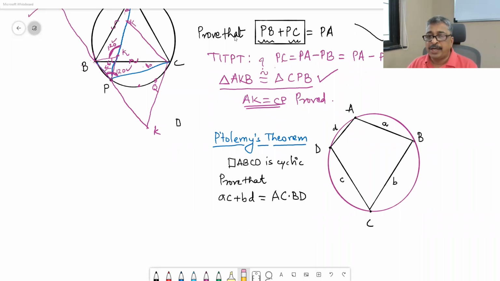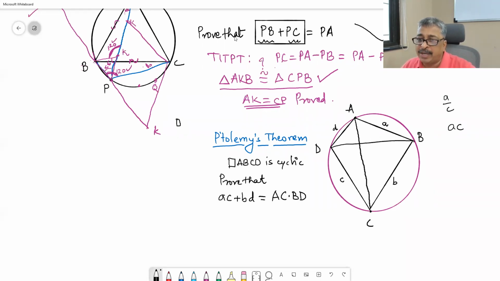The hint for this problem is, first of all, draw the diagonals. If you observe, there are many equal angles because it is a cyclic quadrilateral, but every time you try to do some similarity, you end up getting a upon c and we want AC. You end up getting b upon d and you want BD. Something like that is happening. And therefore, these people are great because they come up with some out-of-the-box construction.